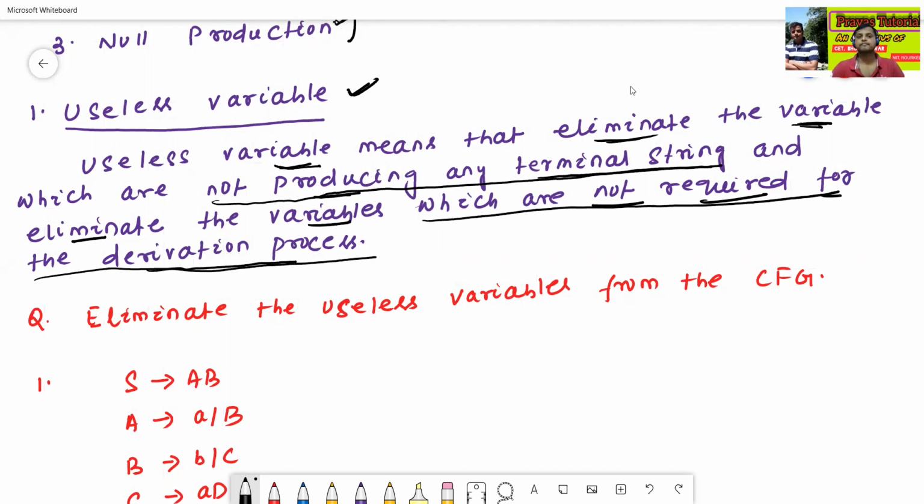This is called a useless variable. Now we'll try to understand the meaning of a useless variable with the help of one example.